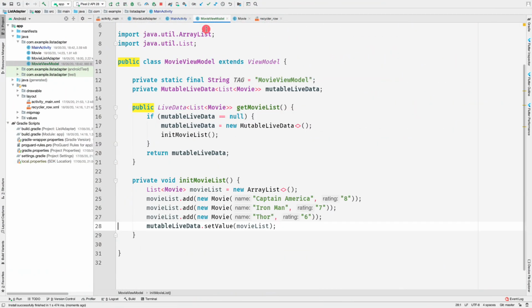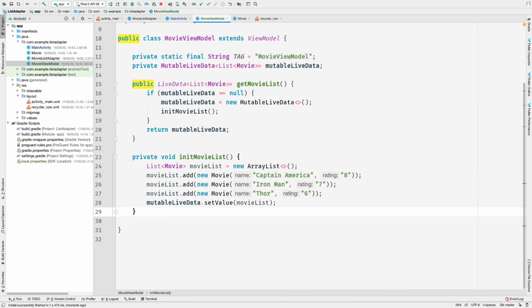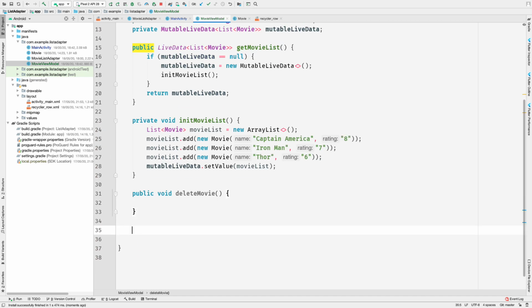That's pretty simple. So let's go to our movie view model, and inside here we'll create a public method, and that is public void delete movie like this. And let's also create the other two methods, that is to add the movie and to update the movie.